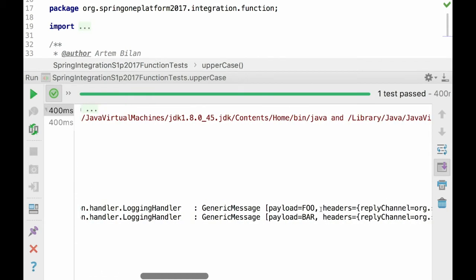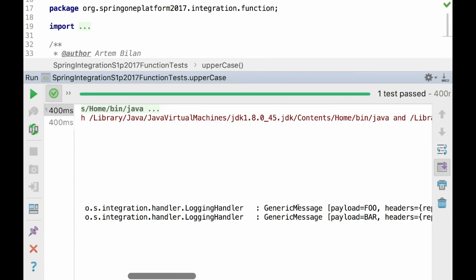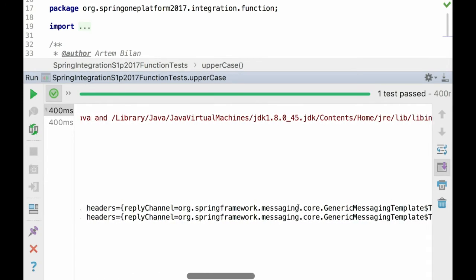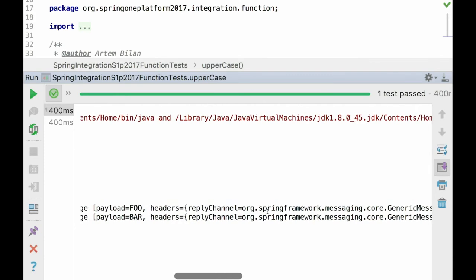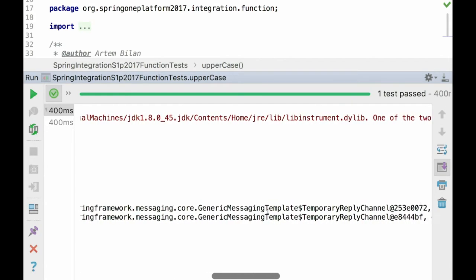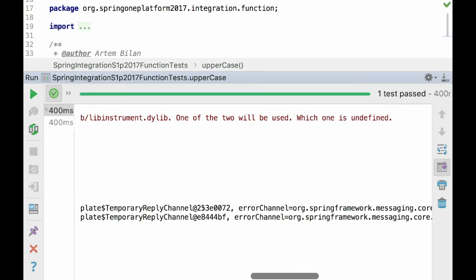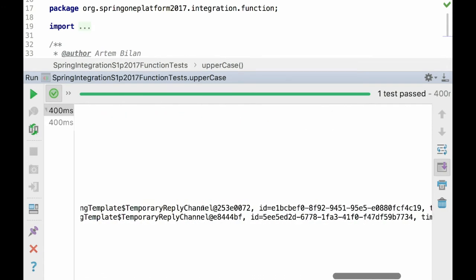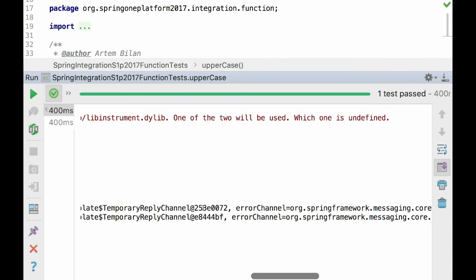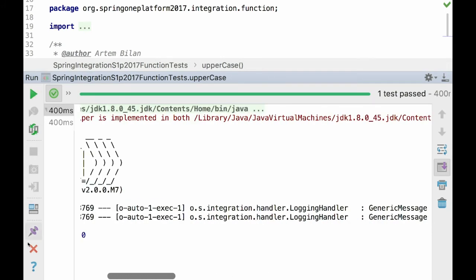That's what we see by logs. And as you see, these headers we have, this is error channel and reply channel. It's a matter of the proxy gateway.